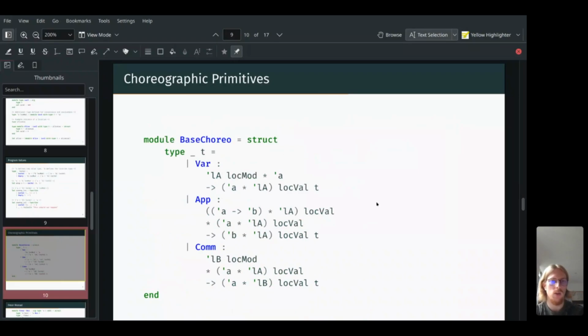Next, we can move on to the choreographic primitives. The primitive expressions of choreographies. And this is highlighted in the following data type. The three main cases to note are, first of all, var. This case of the GADT takes a location module, an arbitrary OCaml value, and uses that to create a located value. Next, we have app, which takes a located function, a located value, and